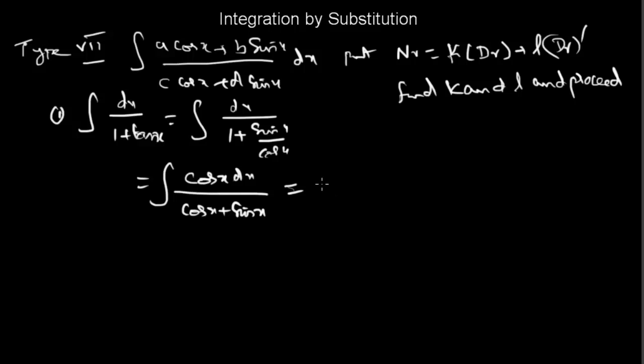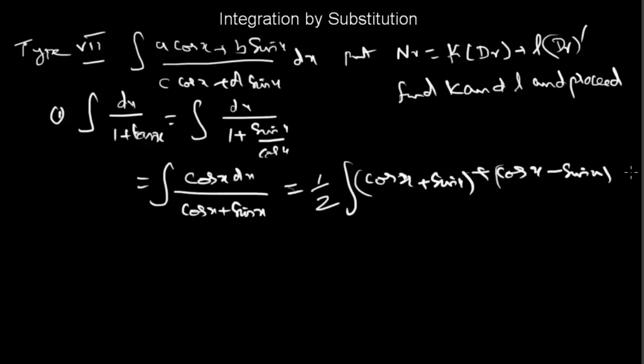What I do, I divide by 2 here and multiply by 2 here. That means you get 2 cos x. So one cos x here and another cos x here, you write it. And then here, if you want to get the denominator, cos x plus sin x, you write one bracket, and when you add sin x you subtract sin x, into dx. The denominator is cos x plus sin x. Now is it not the denominator here and the differentiation of denominator, and therefore that half is there only.